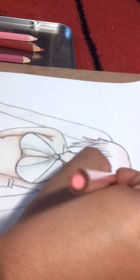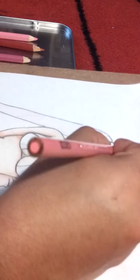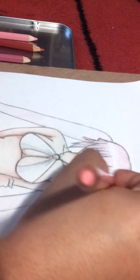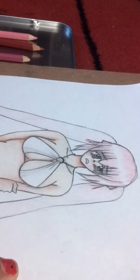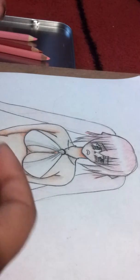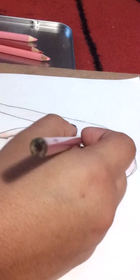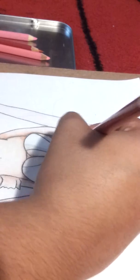Okay, so I have this thing here going on, so that's one way to put it. So you just have to keep on blending out. So there's one part that I've done here, and I'm just going to switch on to another color, which is magenta, Crayola. Again, I'm just doing this for blending, so I'm gonna add more shadow into the areas where it needs to be shadowed,